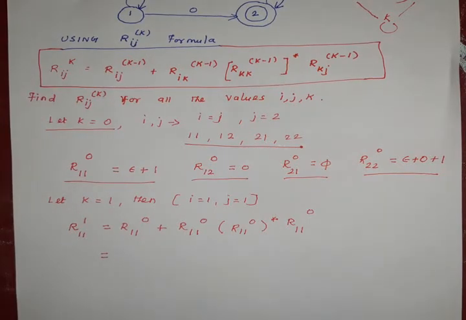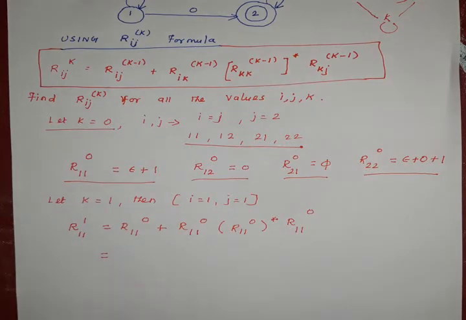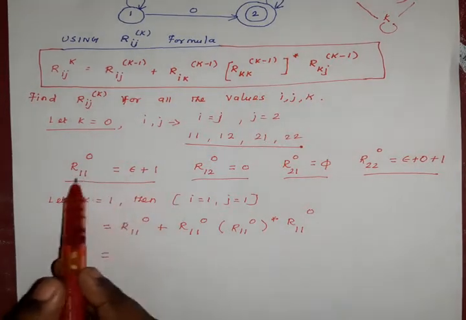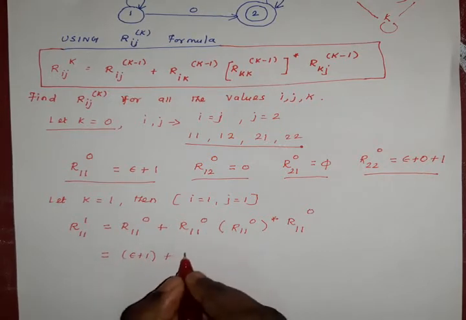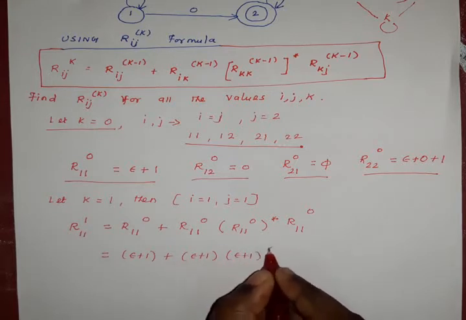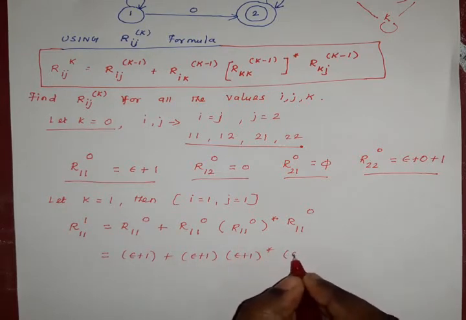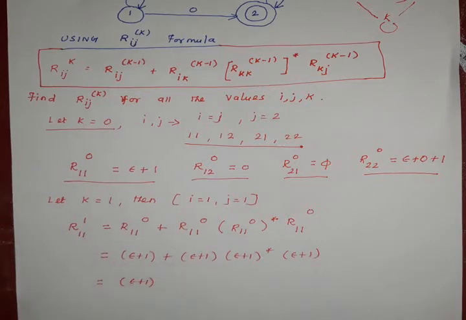So we are just going to substitute this value from the above expression and we can easily derive the regular expression value for R11 power 1. So R11 power 0 value is already evaluated, that is epsilon plus 1. The same value R11 power 0, that is epsilon plus 1, the whole star, and the last one is again epsilon plus 1. So we have to simplify. First of all we write the left hand side value, that is epsilon plus 1. Then